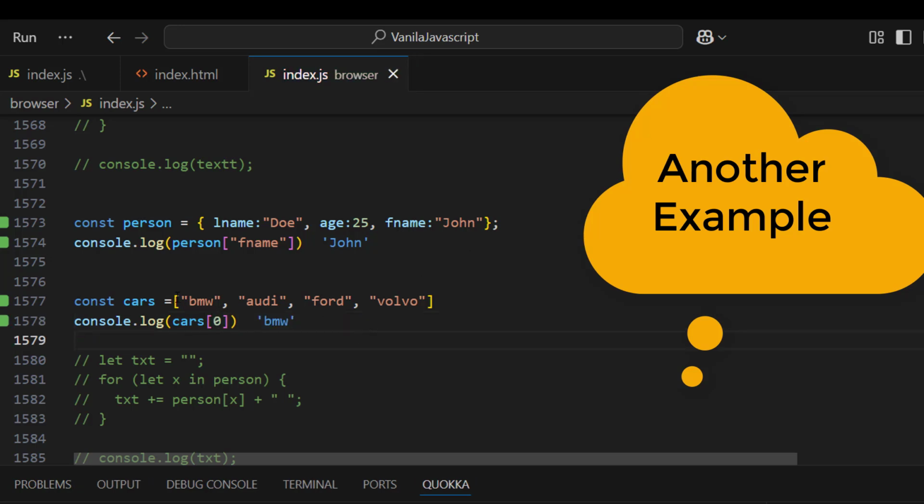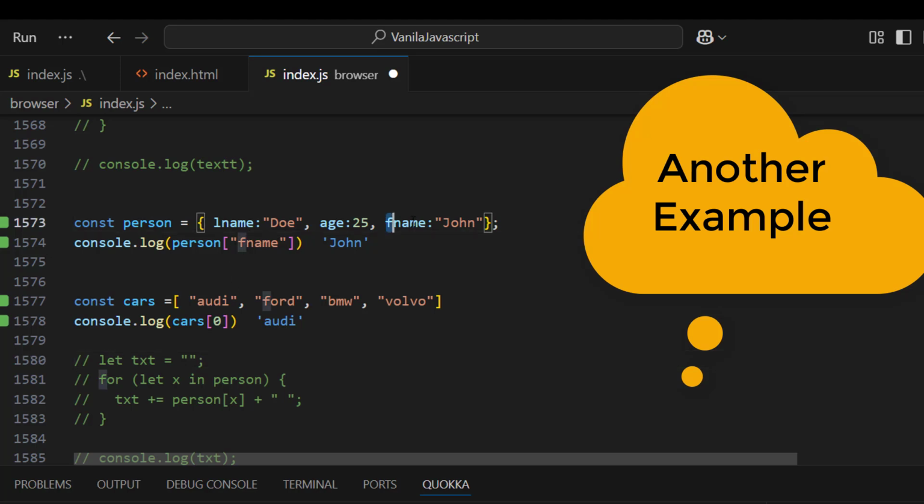But if I change the position of the BMW, say I'm placing it here, I'm getting Audi. So if index is important, you should not use for in loop,